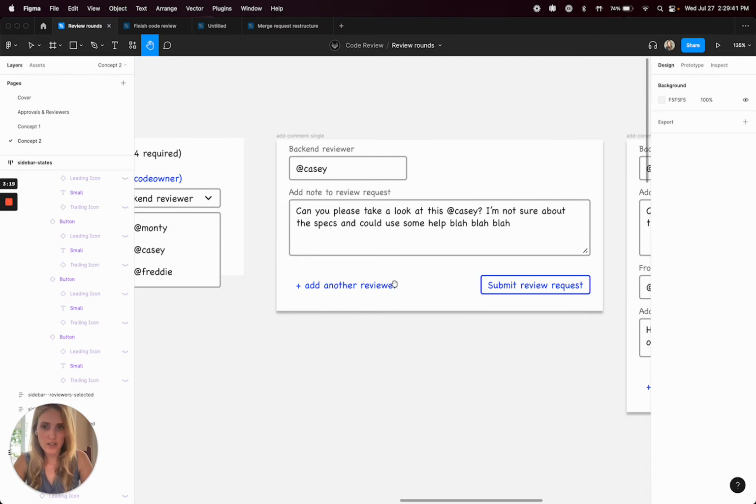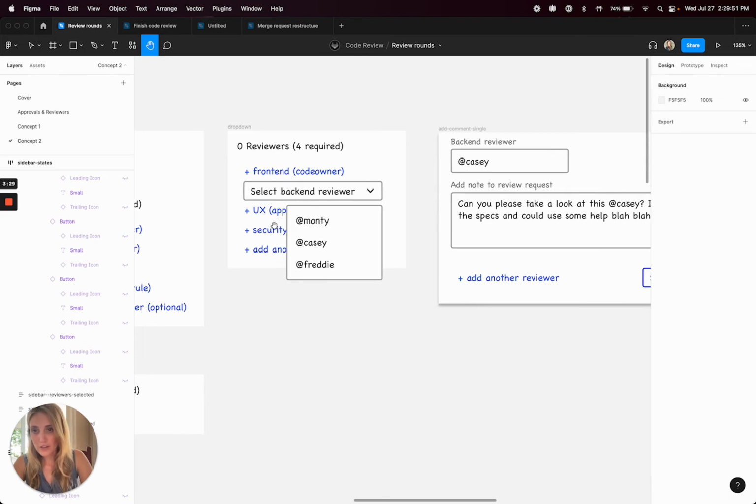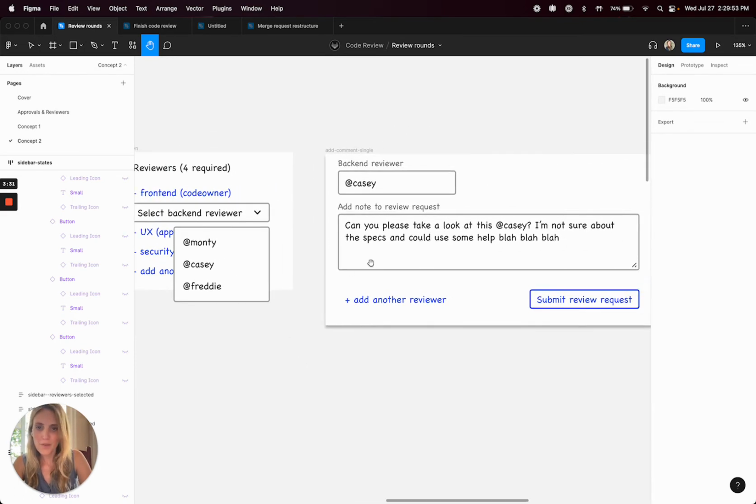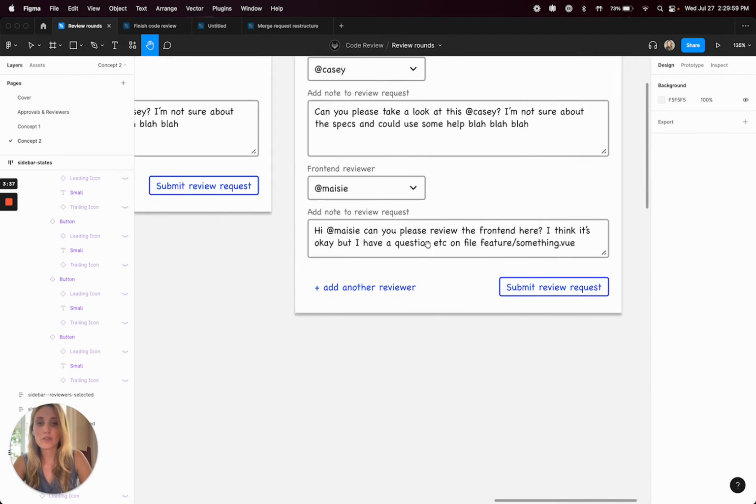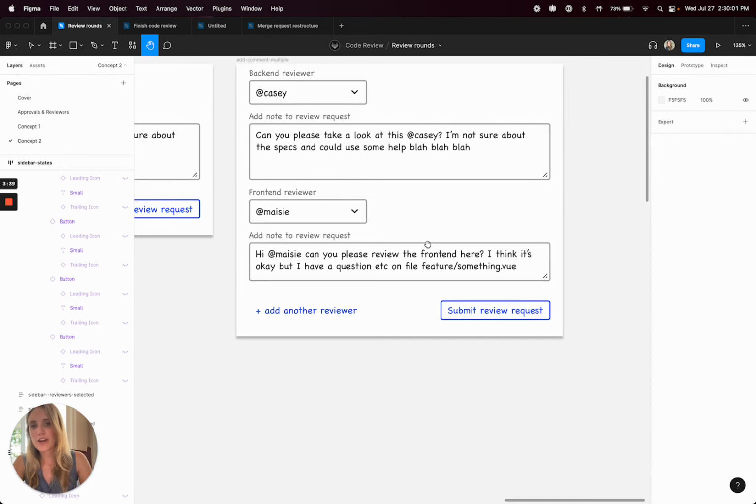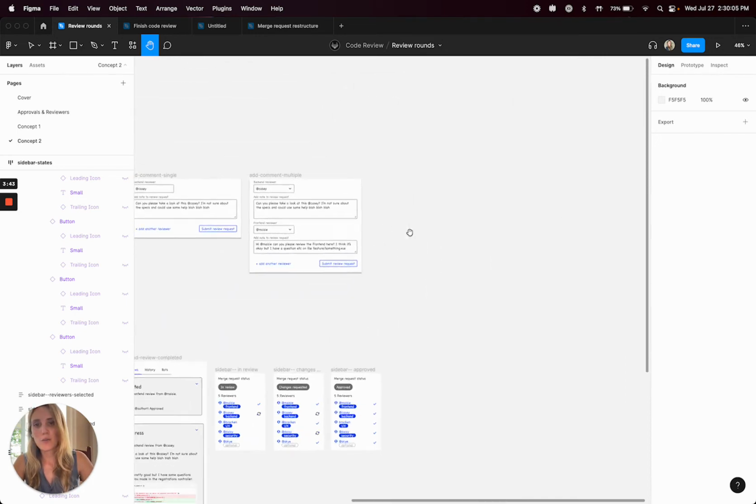Again, I mentioned this in the last one, but you can post a note, so you can say specific things that you want to. From here, you can also add another reviewer, or you can go back and do it all one at a time. I was thinking if you add another reviewer, it would just show another rule that you need to populate with a person, and then you could batch all of your requests at once, and then you'd submit it, and then the sidebar would be in